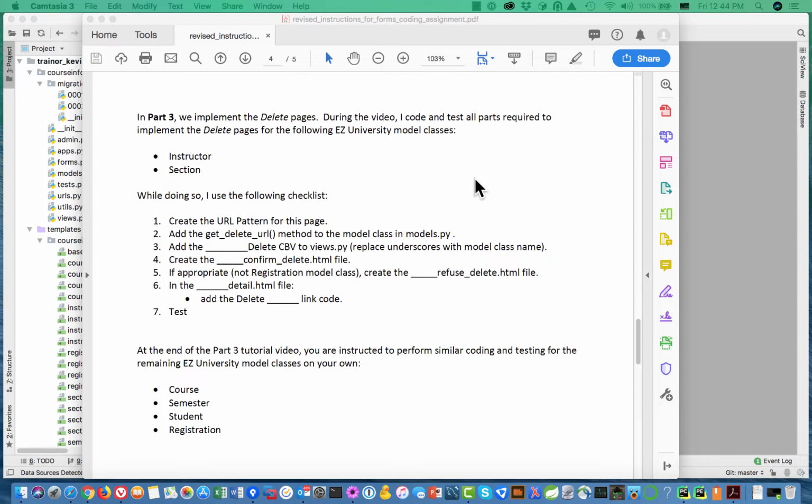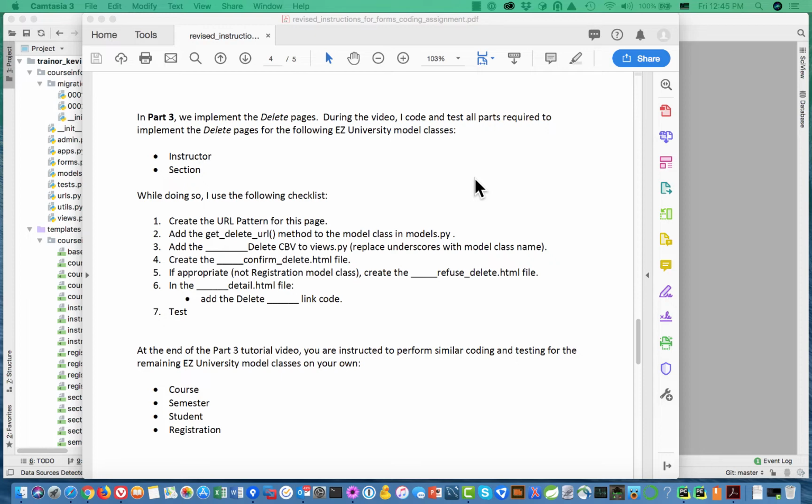On the other hand, from a logic and workflow perspective, they're harder, they're more complex. And here's where you see a difference between the kind of treatment that was given to deleting in the two tutorials that we saw before this, and what I think is a more reasonable